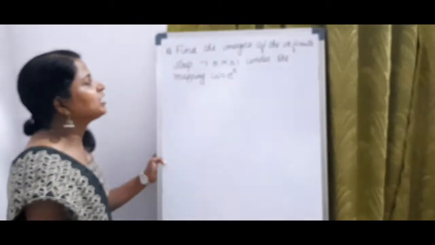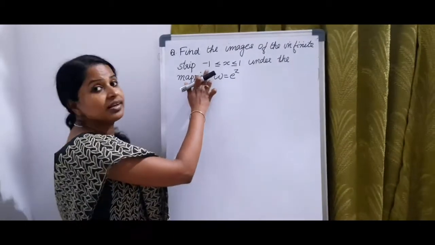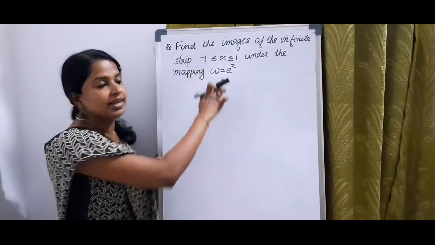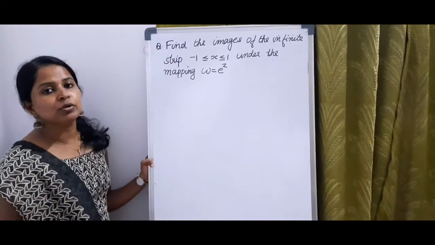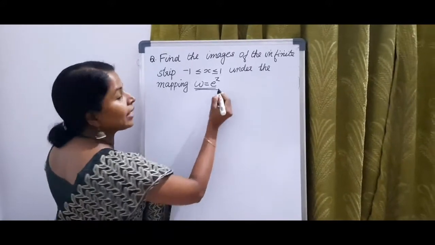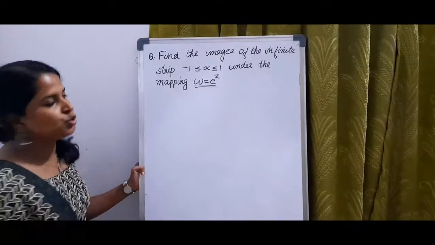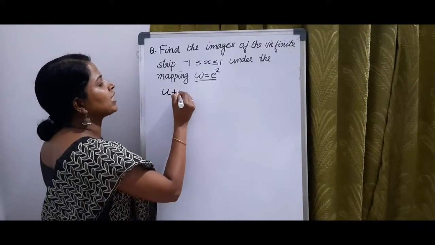Problem. Find the image of the infinite strip -1 ≤ x ≤ 1 under the mapping w = e^z. The transformation is w = e^z. We know that w = u + iv,